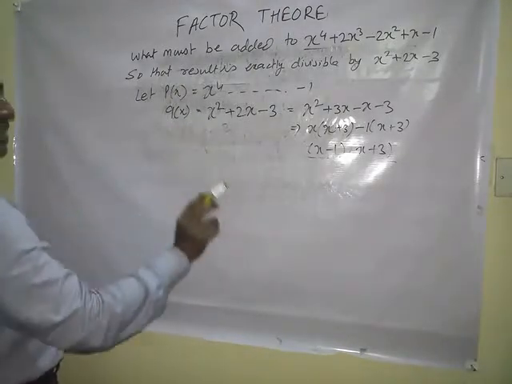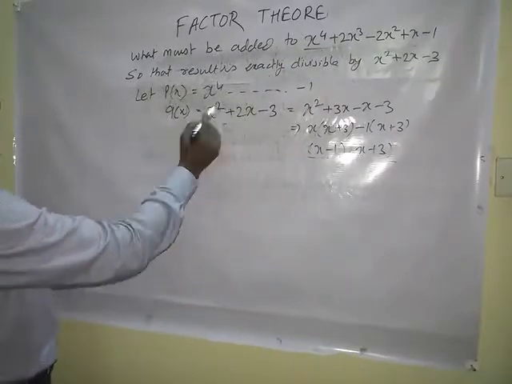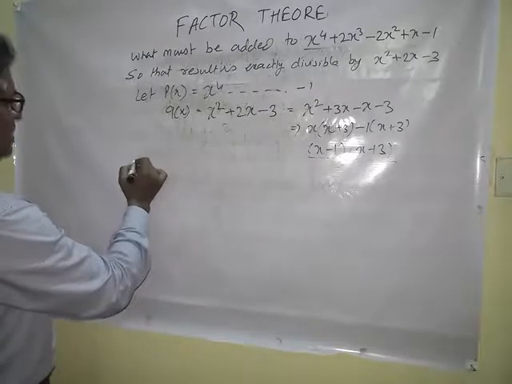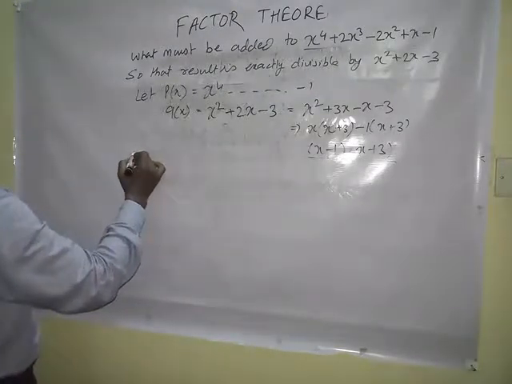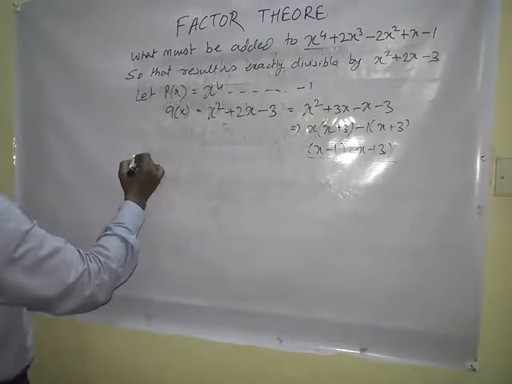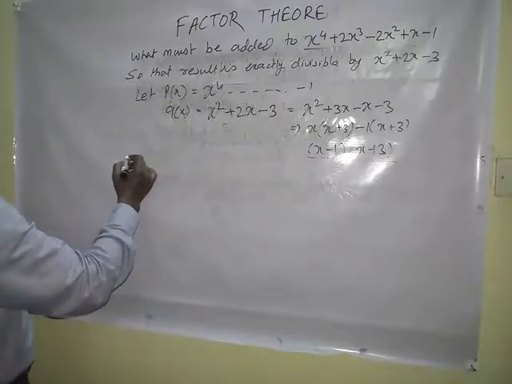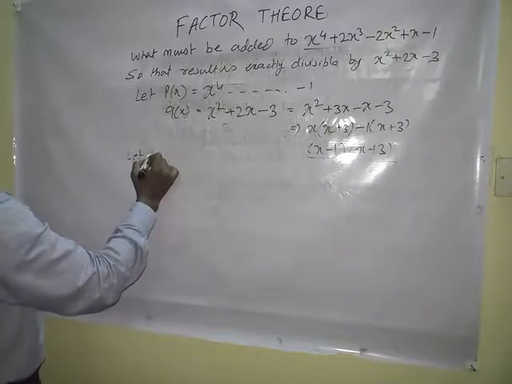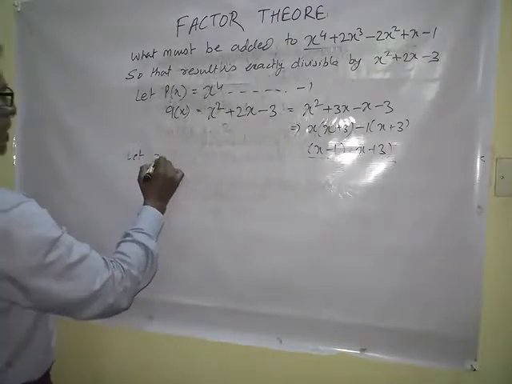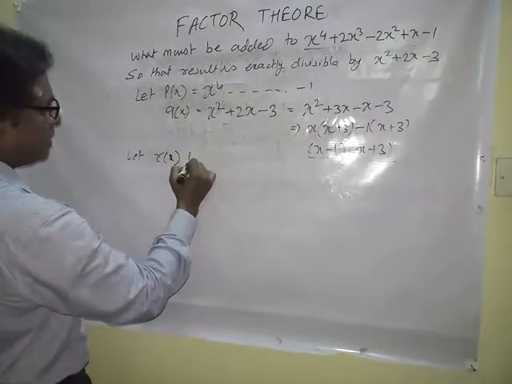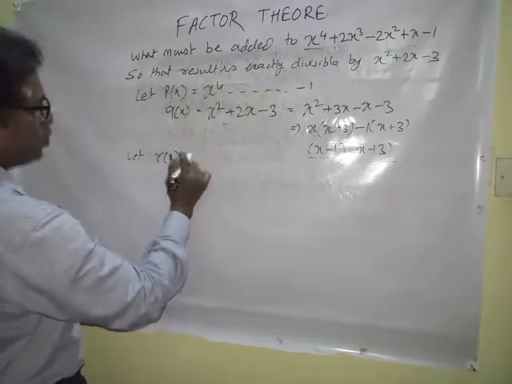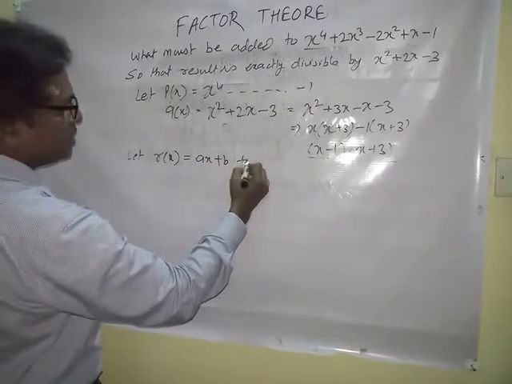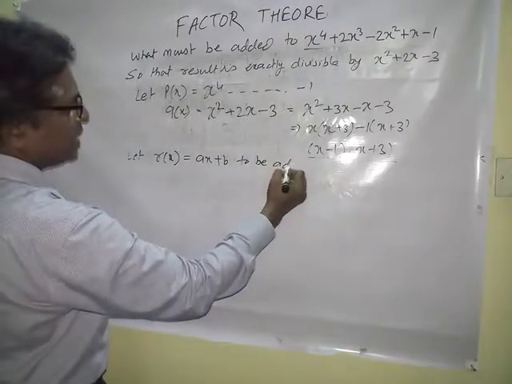So the remainder will always have a lesser degree than the divisor. So to be added, let rx be added. Rx equal to ax plus b to be added